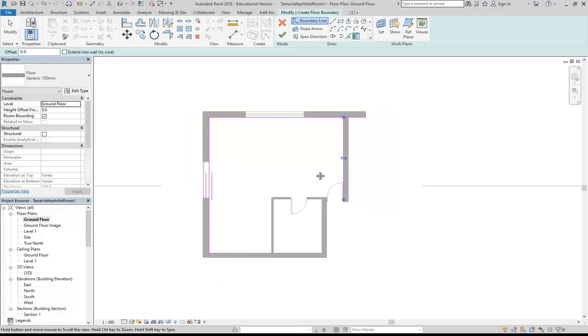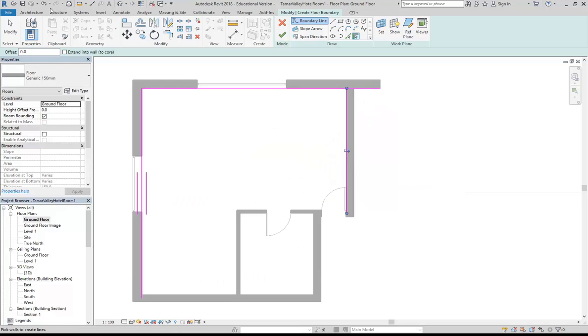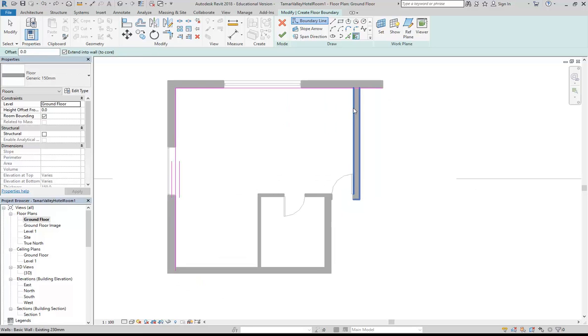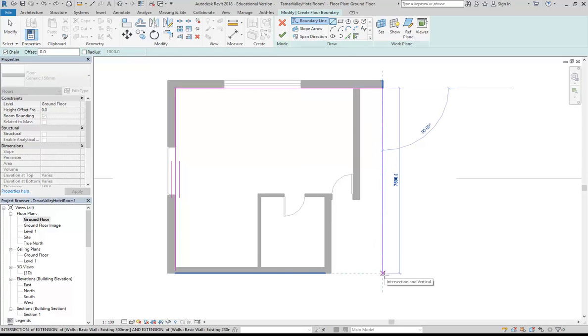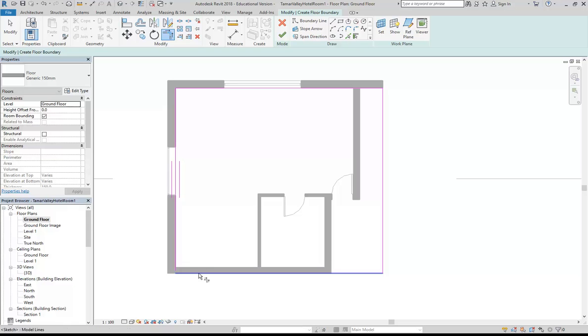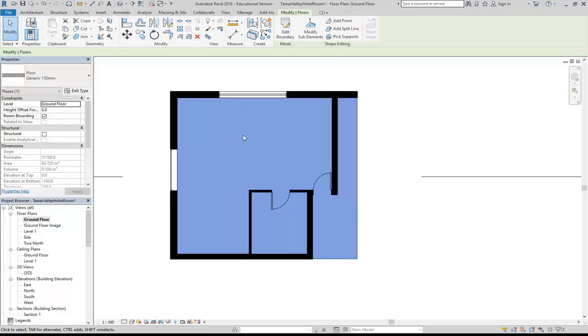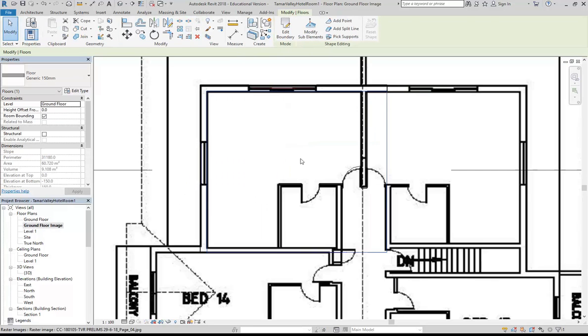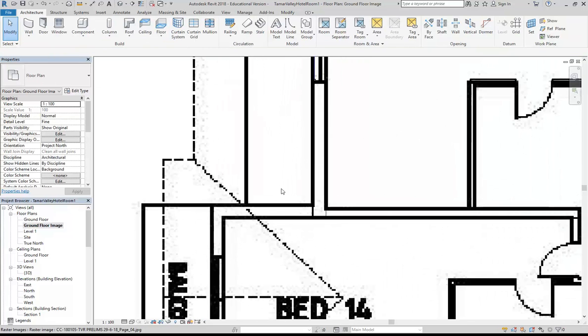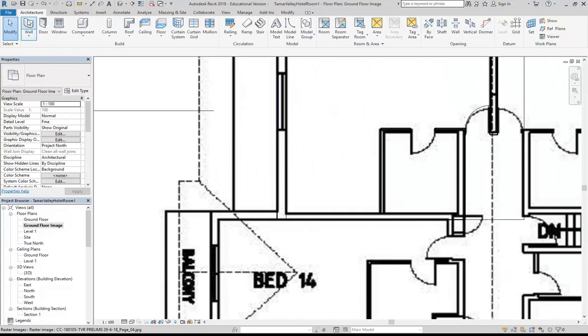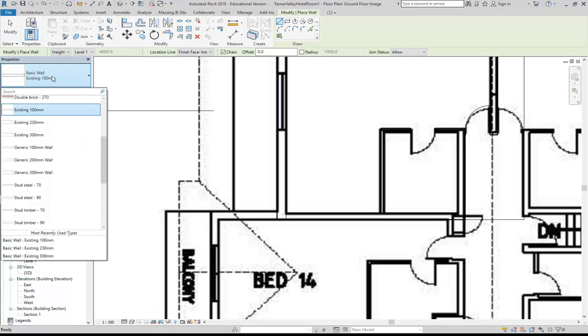But actually, I'm going to undo that last one and not worry about this wall here. What I'm going to do instead is just draw a line now from there and come down and then back across and then trim it, so it's basically just a rectangle, and I'll finish it, and then I might just switch back to the other floor plan with the image there,